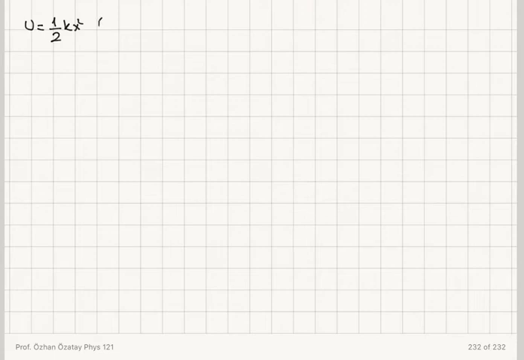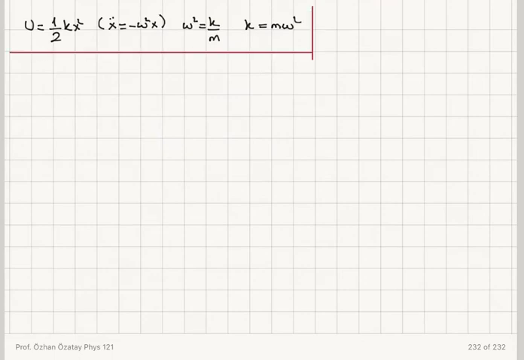And remember, in my simple harmonic motion, I had x double dot is equal to minus omega squared x, where omega squared was equal to k over m, or what I'm calling k is m omega squared. So when I apply this information to the simple harmonic motion that I have to consider here,